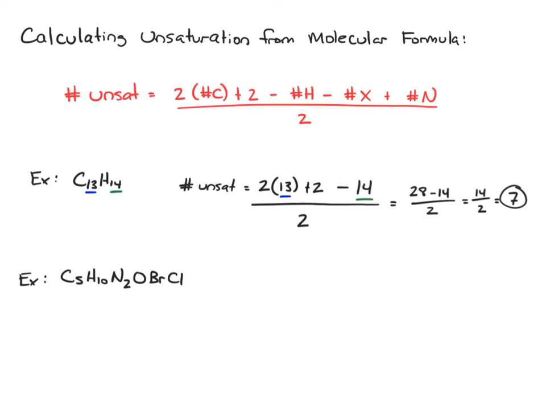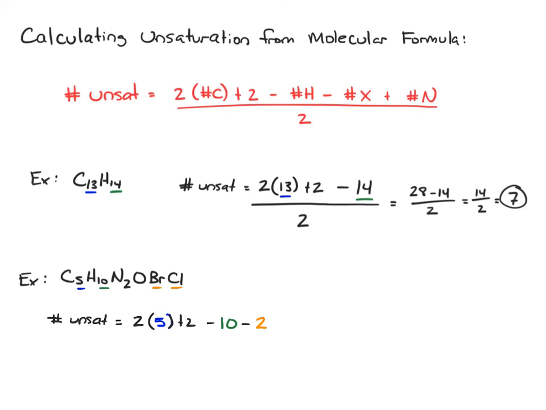But from our calculation, we do 2 times the number of carbon, which is 5, plus 2, minus the number of hydrogen, which is 10, minus the number of halogens. Well, we have a bromine and a chlorine. So we subtract 2 halogens,